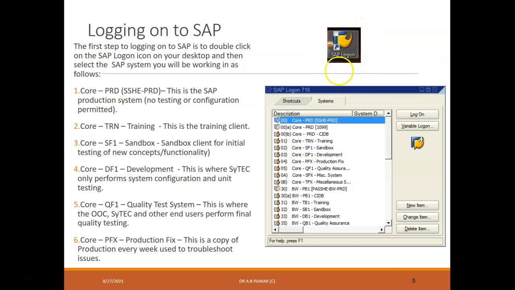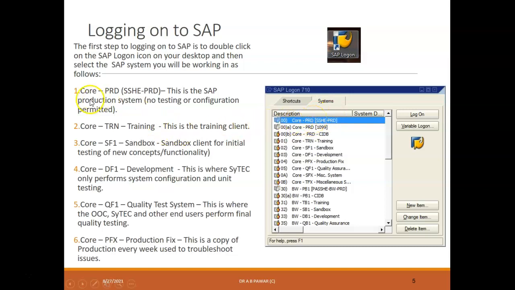Once you click on it, you are going to see the different options in that particular SAP Logon. On the next screen you will find various options available, and these options are mainly written in short form, just like the first option you may see in this given window. After double clicking on this icon, you will get this window, and here you will find various systems on which you are going to work. It means that when you are logging in for the first time, you have to select a particular system in which you are going to work.